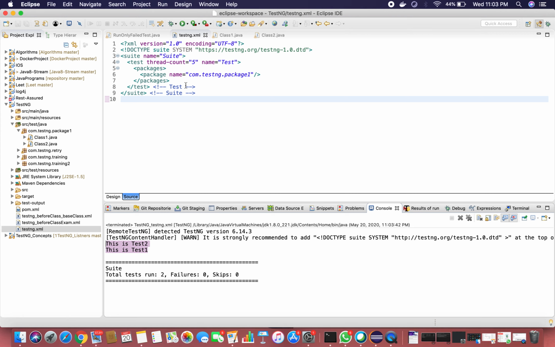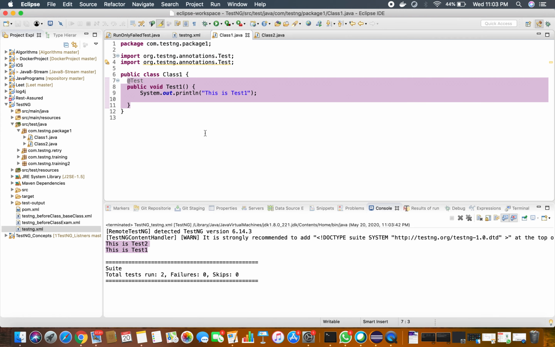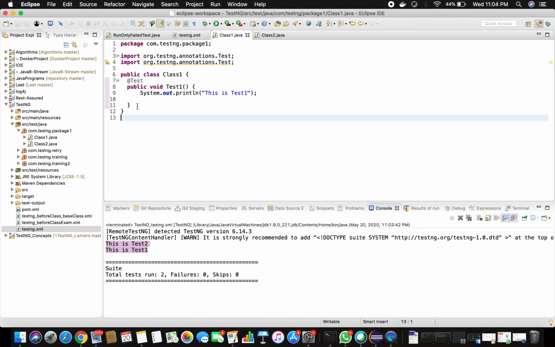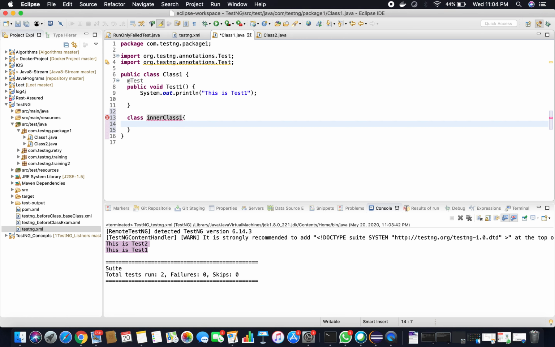Now, there is one more example I am going to show you. Let us assume under this particular package you have an inner class. Let me create a class, inner class 1. See, there is one more class I am creating, an inner class. Let me create a test case inside this.